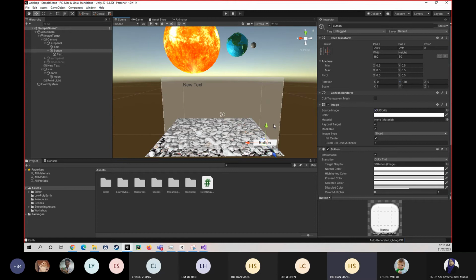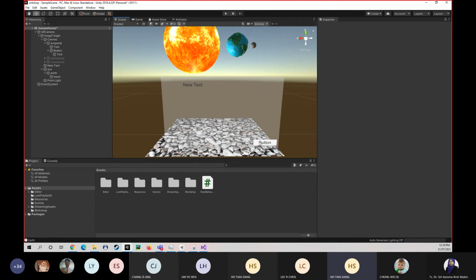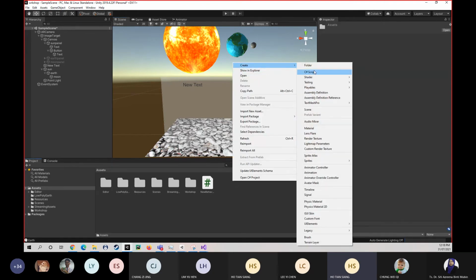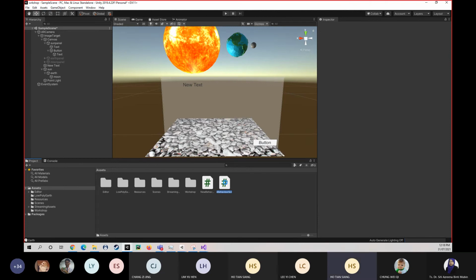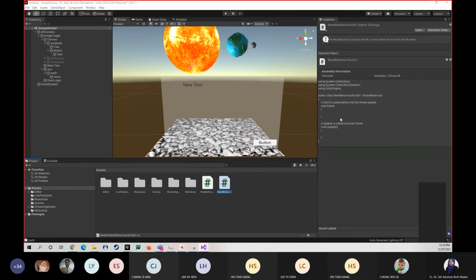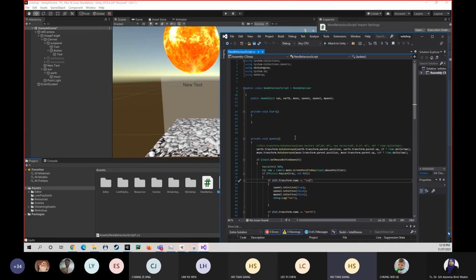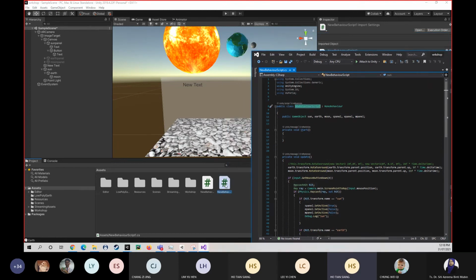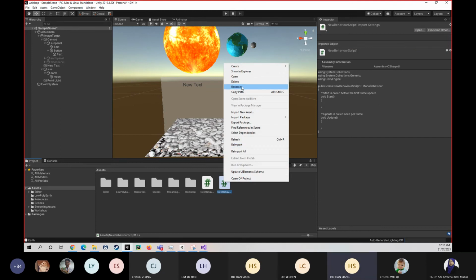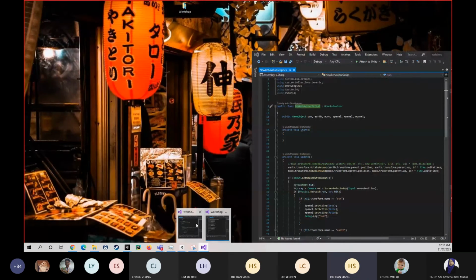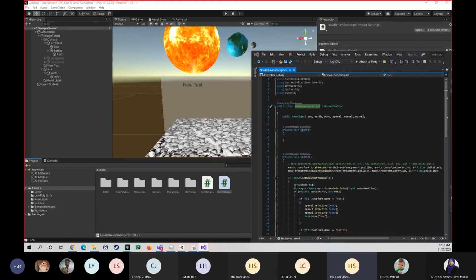Okay, so now this button is done, but actually when you click on the button, it doesn't react to any input because it doesn't have any script attached to it. So what you do is create a new script. One of the things you need to make sure is that the name here must be exactly the same as the name here. For example, if you rename your script here, make sure you rename it inside the script also, or else the script will not work. So for the button control code, I will copy again,